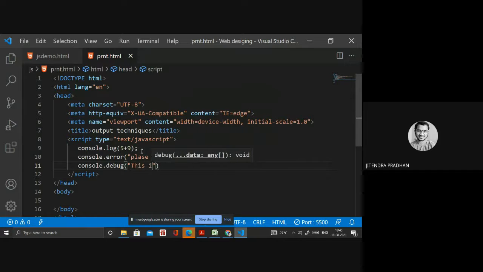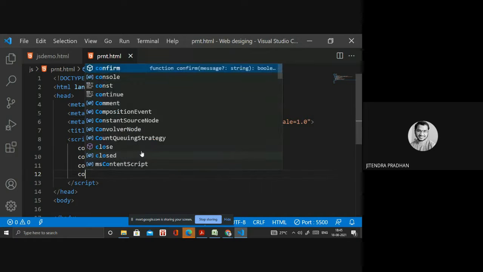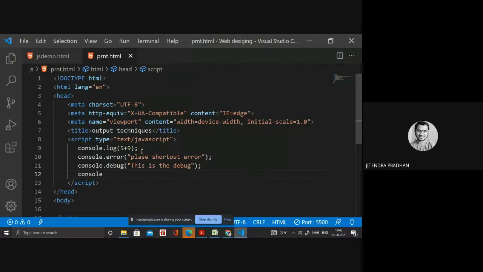This is debug; if you want to print some message inside that, you can do that using console. We have console warning also. So this is the warning. This is a warning message for you.